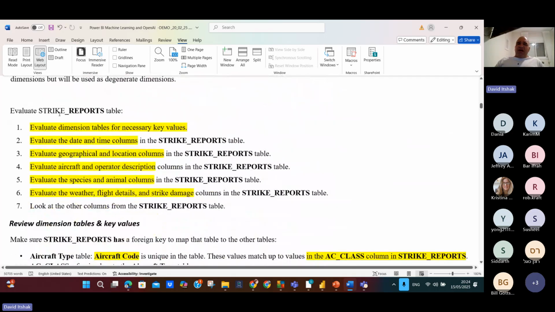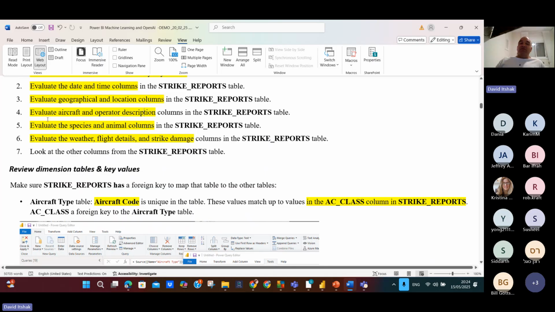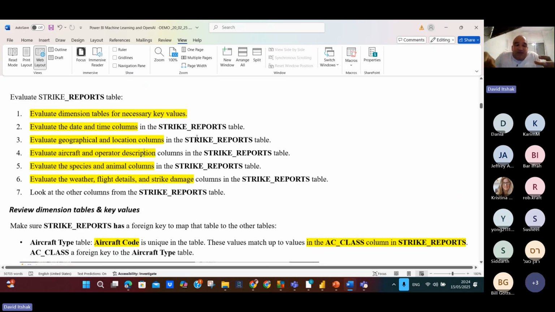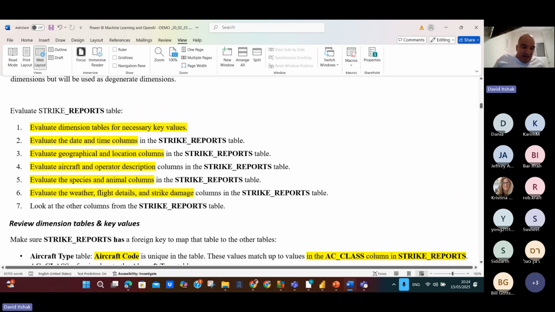So we want to evaluate the strike report data. We want to evaluate the date and time dimension columns in the strike report. This is the fact table. We want to evaluate geographical and location columns, aircraft and operator descriptions, the species and animal columns, and the weather, flight detail, and strike damage. So from the fact table, we want to take all this data. Okay. So